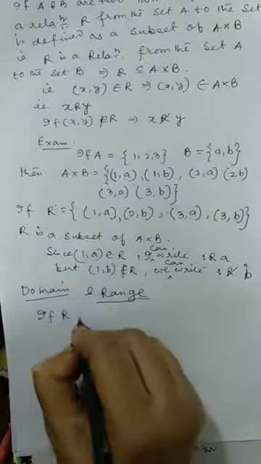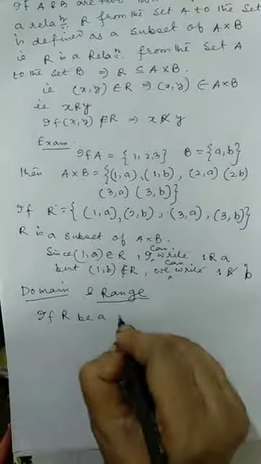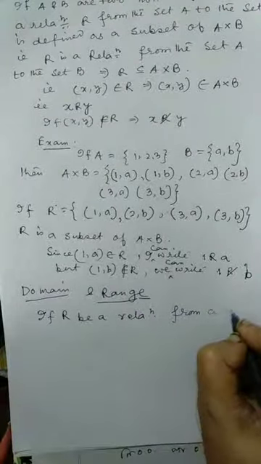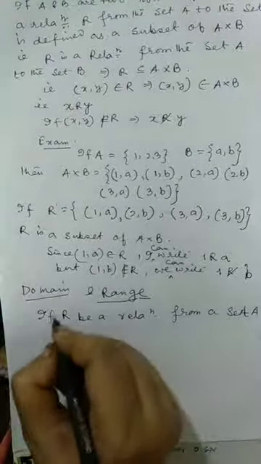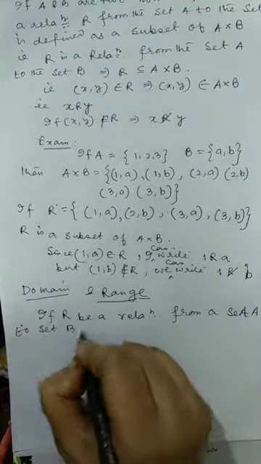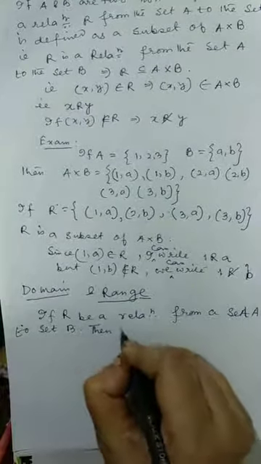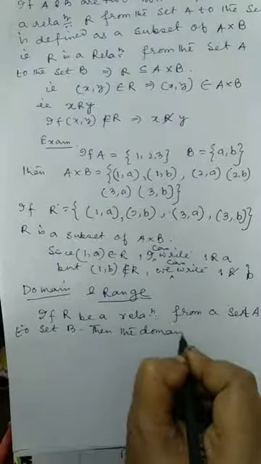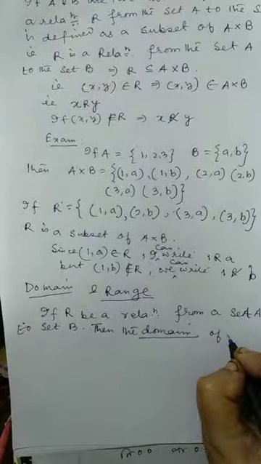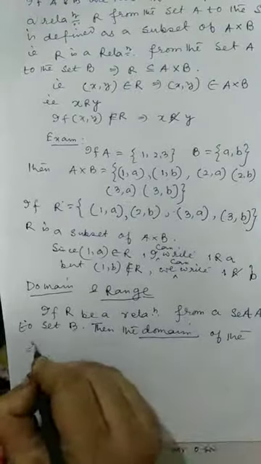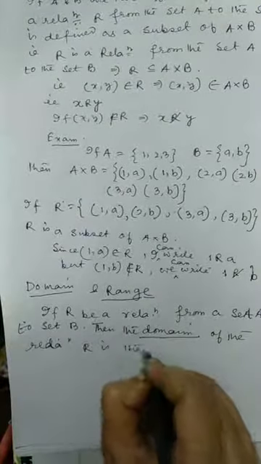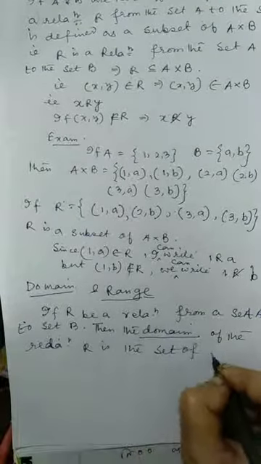If R is a relation from a set A to set B, then the domain of the relation R is the set of all